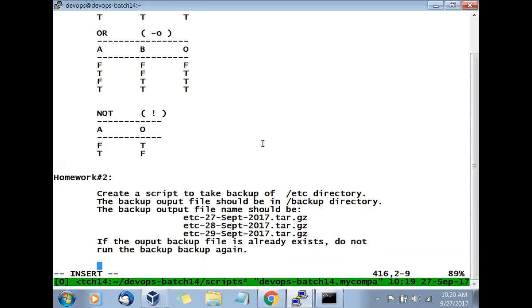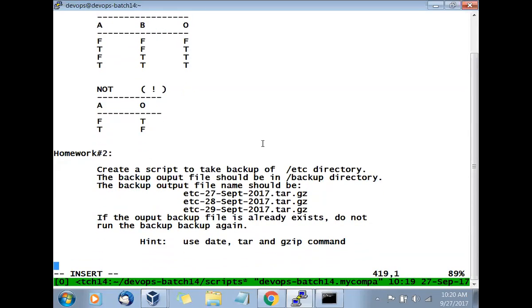You have to get the /etc directory and take a backup in the backup folder, and the name of the backup should be the folder name, date, and tar.gz. Hint: use the date, tar, and gzip commands. Inside your script, you should use these commands: date, tar, and gzip.